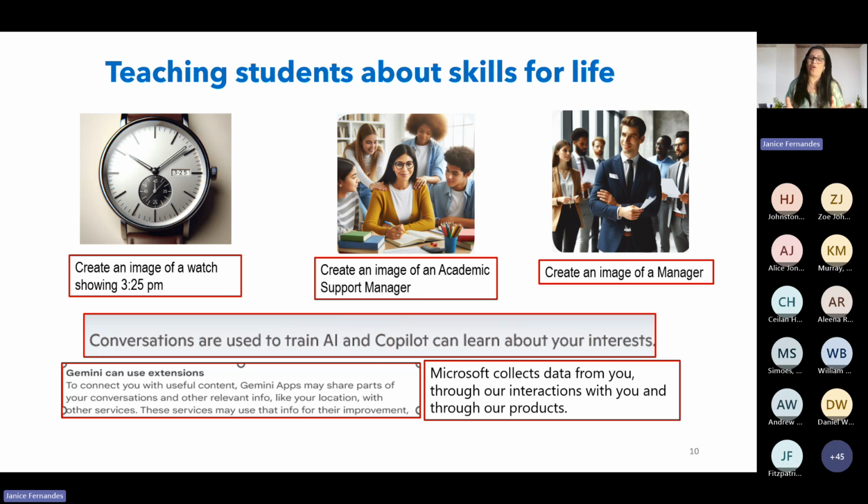That is something that you can all, at the end of this session, go back and try out and see how it works. You could use ChatGPT, Copilot, or any of the other AI tools that you use.